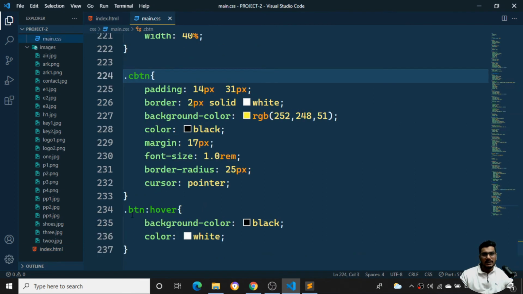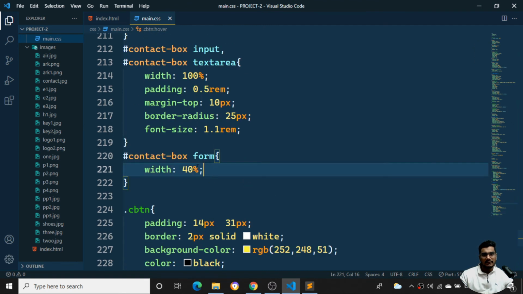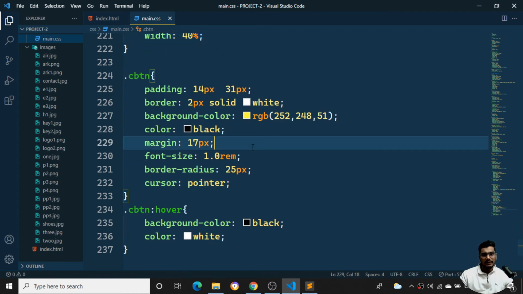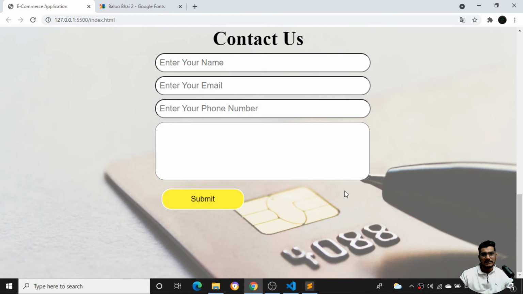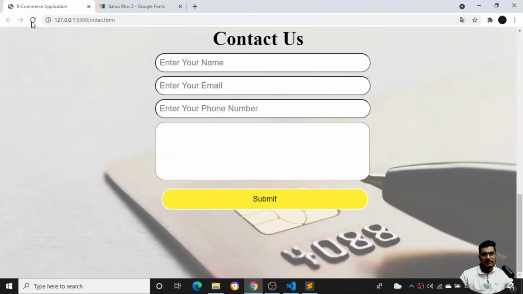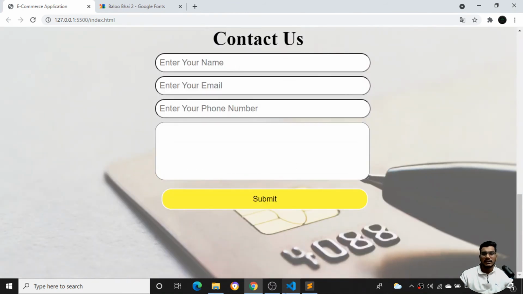So if I set the particular width to 40%, I think I need to give it here. Let me see. If I set the width to 40% and come back, you can see the button size has been taken as 40%. If I give it a width of 100% over here, you can see the form has taken 100%. So now it is looking a little bit fine.